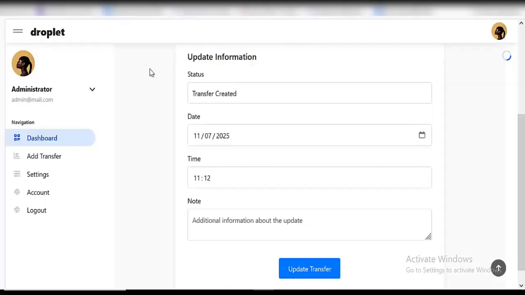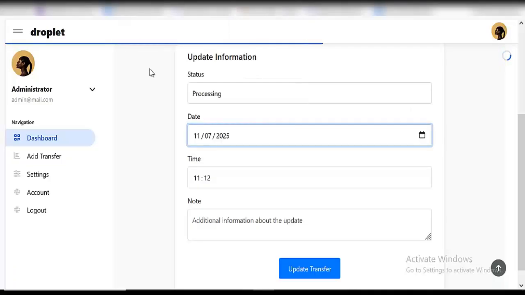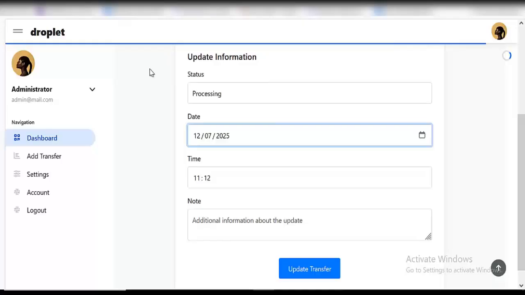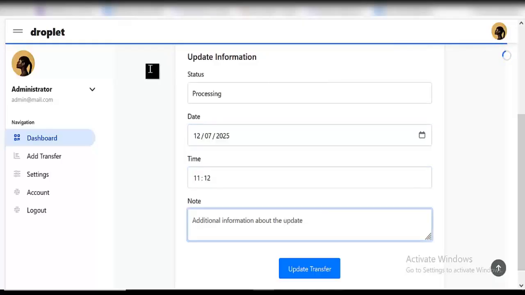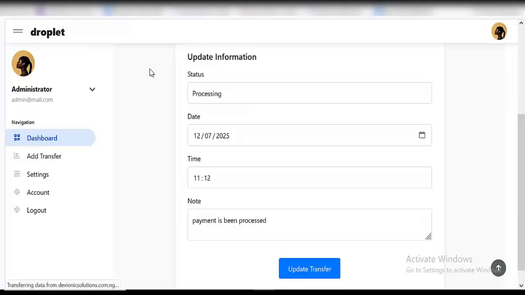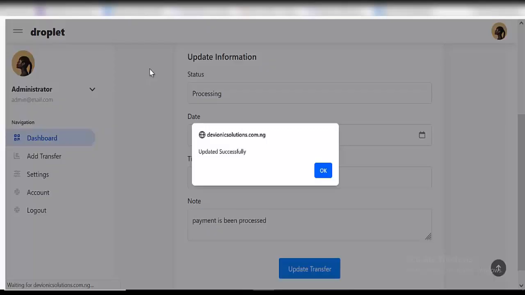All right, so you can select the date. The date, you can say the date should be, let's say, the 12th. Okay, and put the time there. Then additional note, you can say payment is being processed. Then what I have to do is just click on update transfer. Okay, so once this update has been done, the receiver will get an email that the transfer has been updated